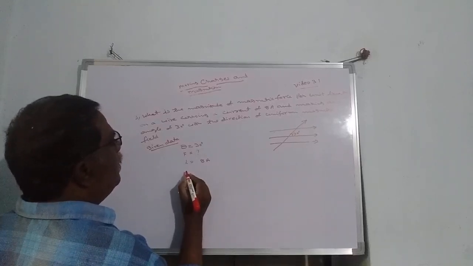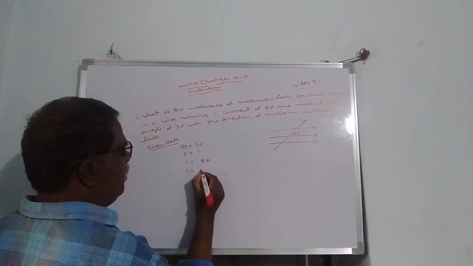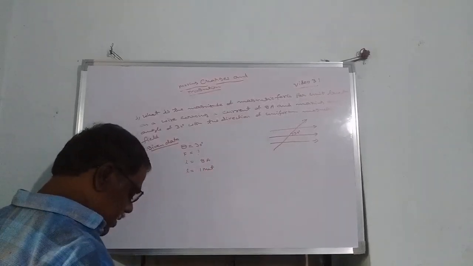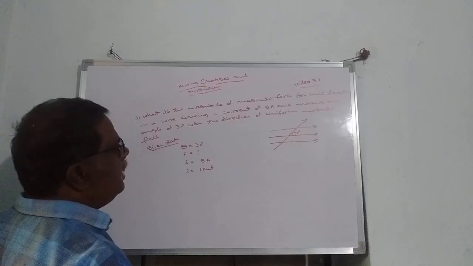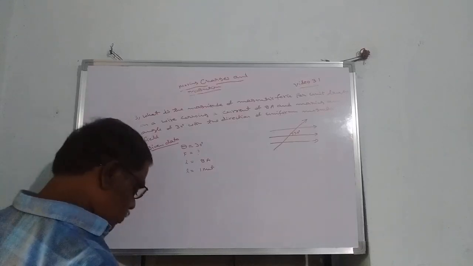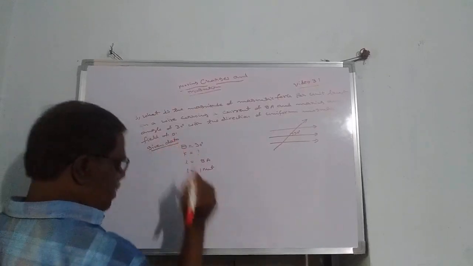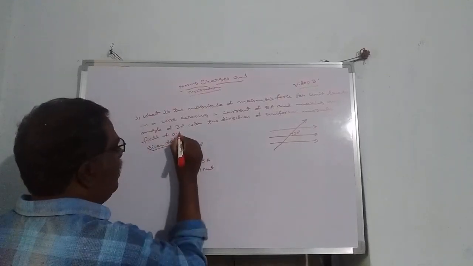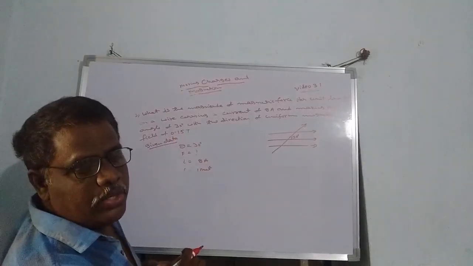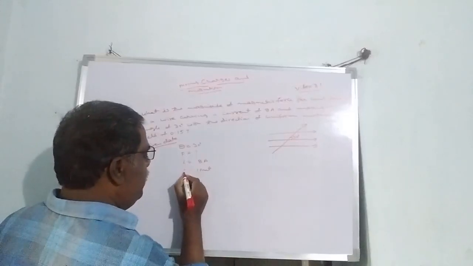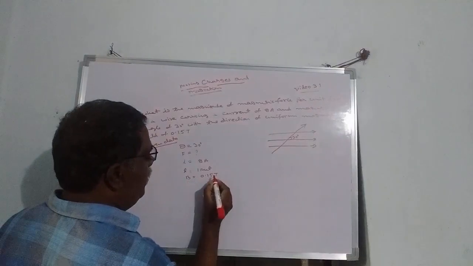General formula: what is the magnitude of magnetic force per unit length? Unit length means the length will be 1 meter. Magnetic field induction, how much is given? Uniform magnetic field of 0.15 Tesla. The units are Tesla, or Weber per meter square, or Newton per ampere meter. So the magnetic field induction is 0.15 Tesla.